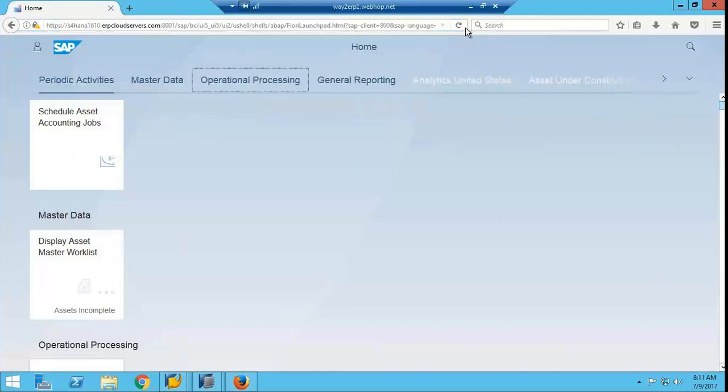It is very slow. Okay, now just let me show the other.